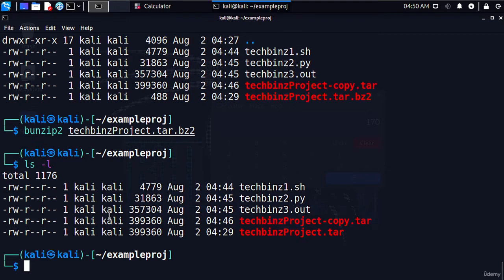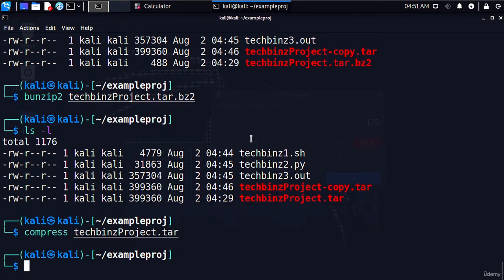So we can use the compress command as well. I want to show you lastly here. So the compress command, finally you can use the compress to compress the file here. This is probably the least commonly used compression utility, but it's easy to remember. But to use it, simply enter the compress followed by the file name, for example TechBeans project .tar here, and